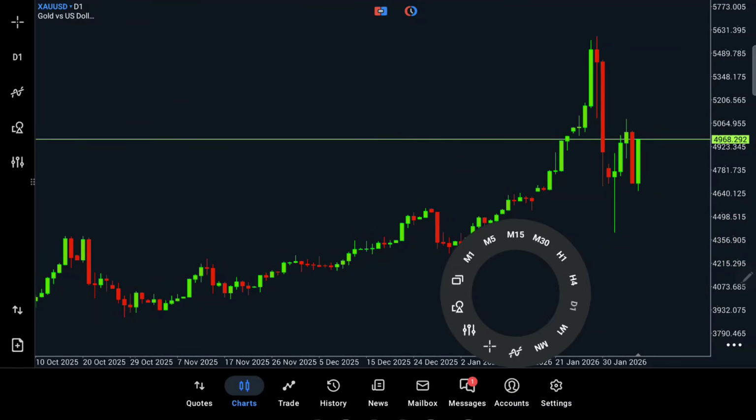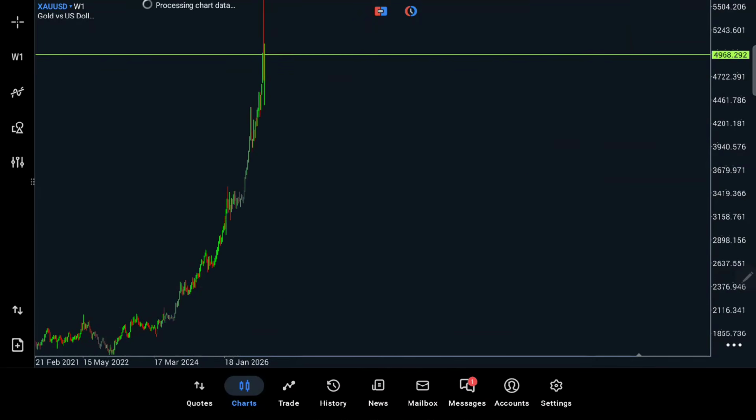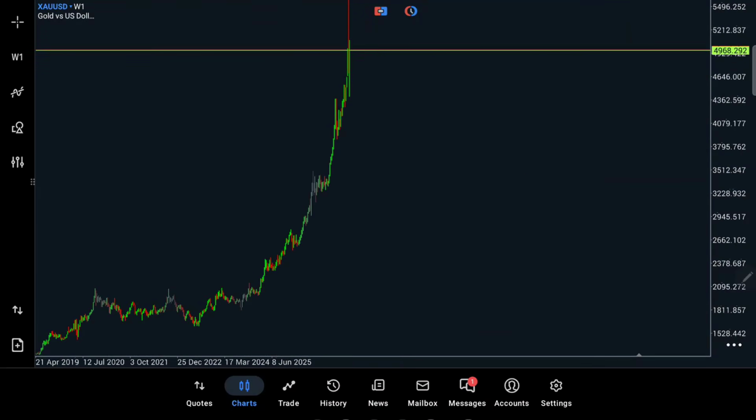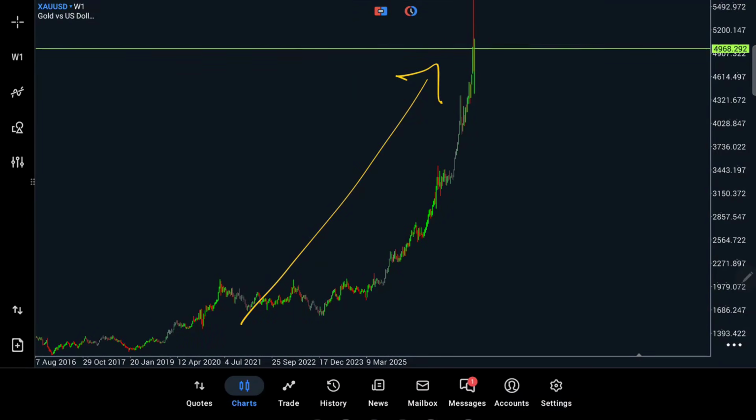So let's get back to the weekly time frame to check the weekly trends. As you can see, we had a bearish week in the previous week, that means the week before the previous week, and the market is still on bullish momentum. That means we can consider the market trend bullish right now. And as you can see, from long ago, from the beginning of 2025, the market has been acting bullish. So for now the market is on strong bullish momentum.